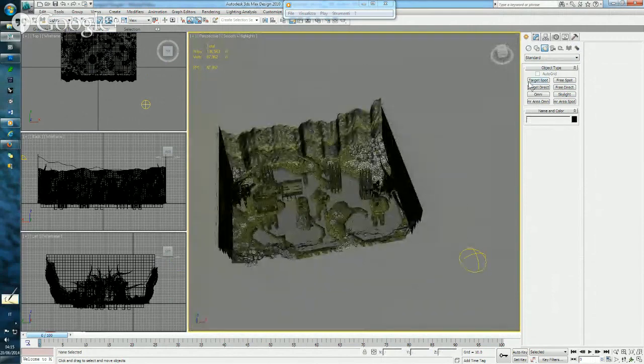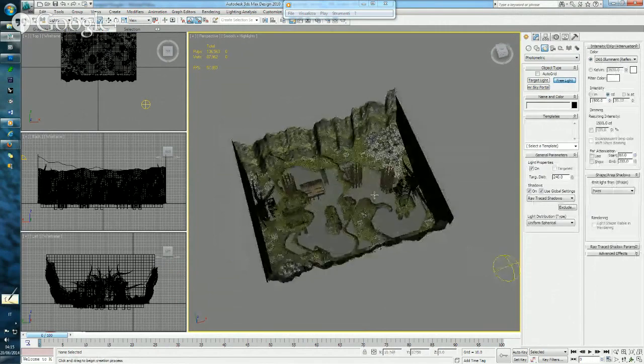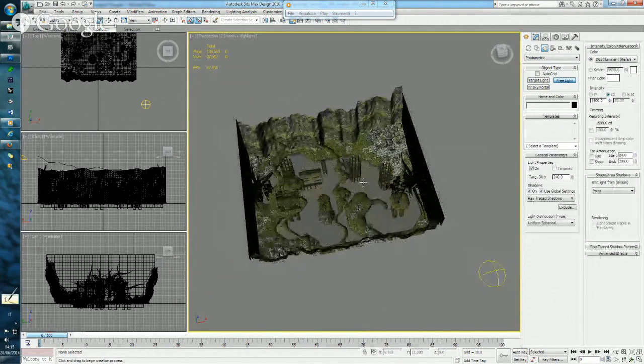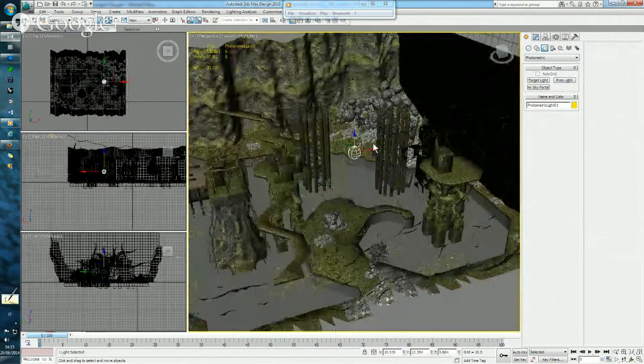Okay, now I go in the photometric type of lights, and I choose only 3 lights. I decide not to create a photometric, not to create an environment, not to create a logarithmic exposure control. So I will have the correct illumination that is going to be imported in game, and I place, for example, here a light. I raise it a bit, okay,